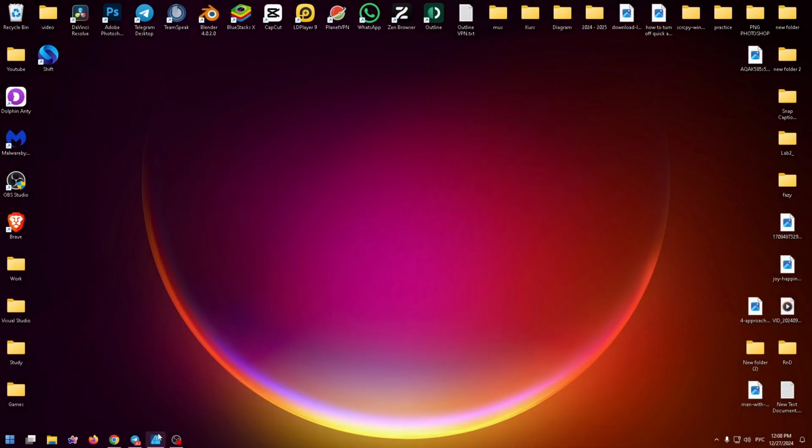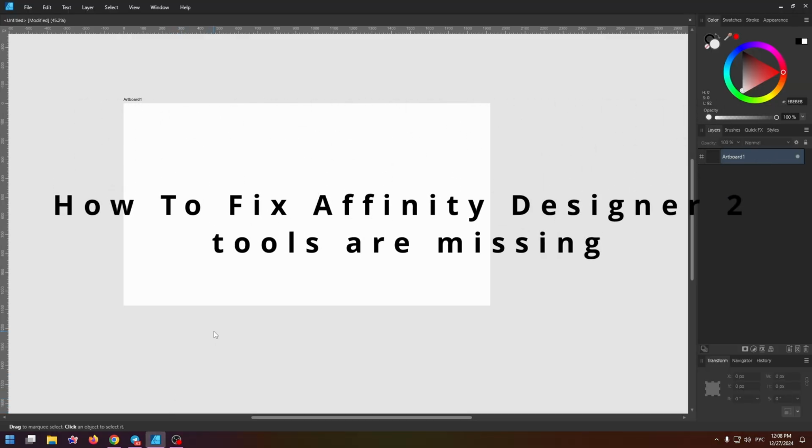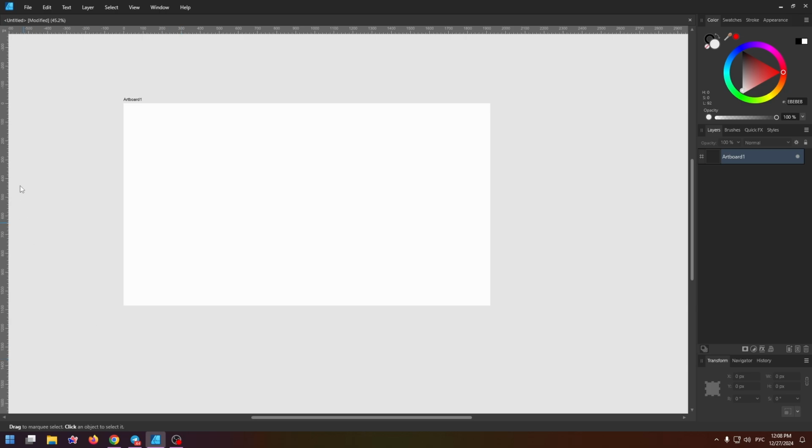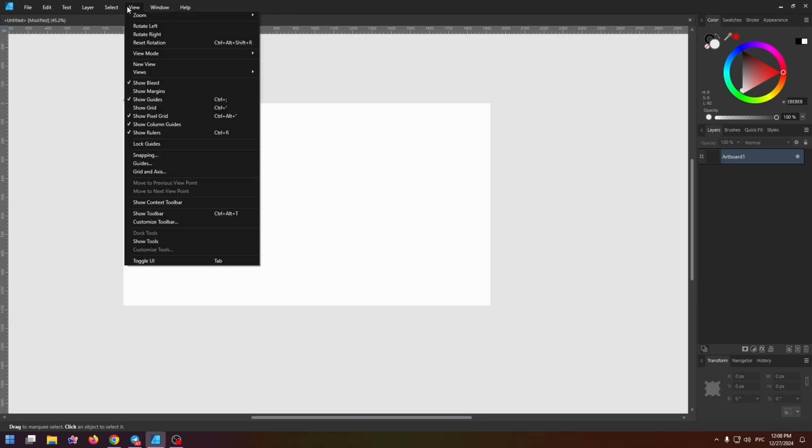So today we will talk about how to fix if Affinity Designer 2 tools are missing. Now you can see that on the left side and at the very top there are no tools. And how to fix it? So it's pretty easy. All you need to do is click on View, and here you can activate all your